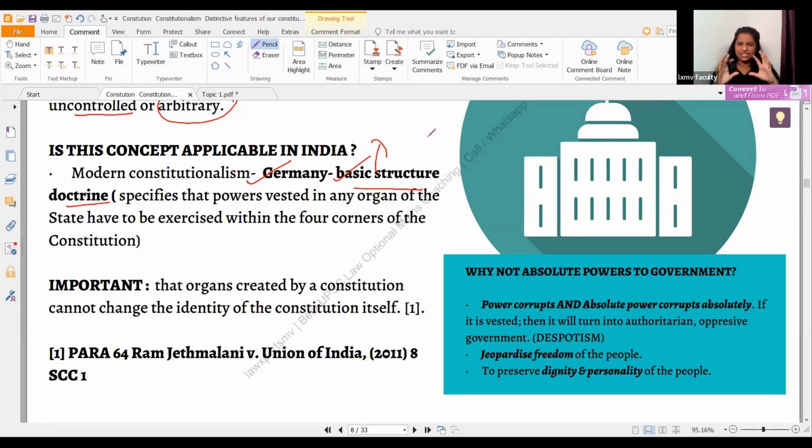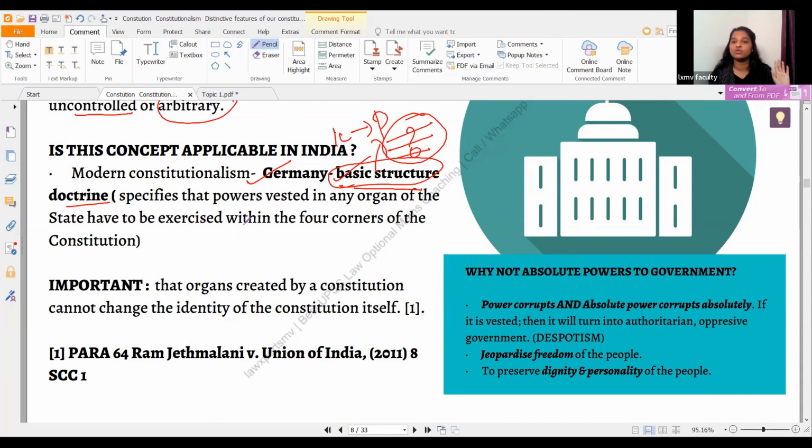We will just touch upon this doctrine for the sake of knowing what a limited government is. In Keshavananda Bharati, there was a huge tussle over whether the parliament has unfettered powers to change the entire constitution, to change whatever area it likes. That was a huge question. But the court said it was we the people who decided to have certain basic things. We all agreed to have certain morality, certain things. We conceived ourselves to obey these things. Only then did we promise and create our state based upon these things. Such things are called the basic structure of our constitution, and it shall never be touched by the parliament.